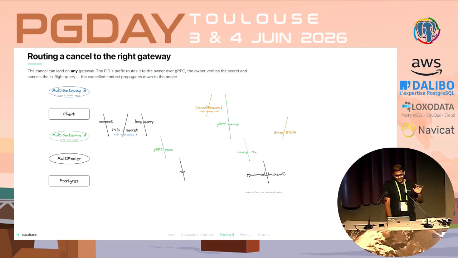So this context is the gRPC context for the stream. And then the pooler does the real work, where it issues a PG cancel backend against the actual Postgres backend, which ends up stopping the query. And the client gets back the standard canceling statement due to user request error, the error code. From outside, it looks exactly like the PID and secret based cancel protocol, even though they can land on completely different gateways, and even though there is cross gateway communication, all of that is transparent from the external client's perspective.